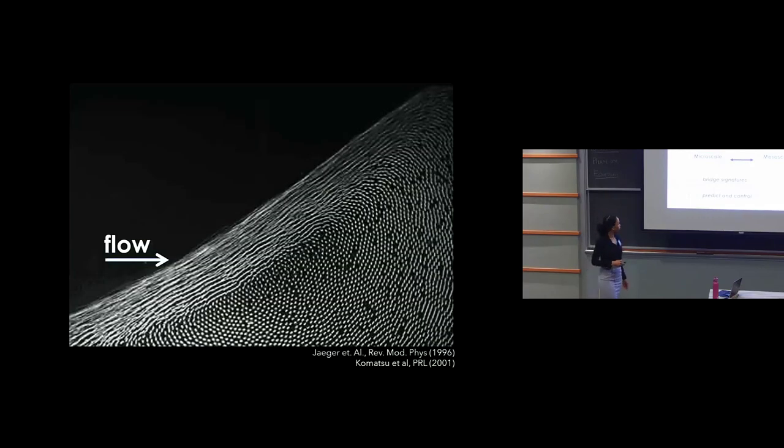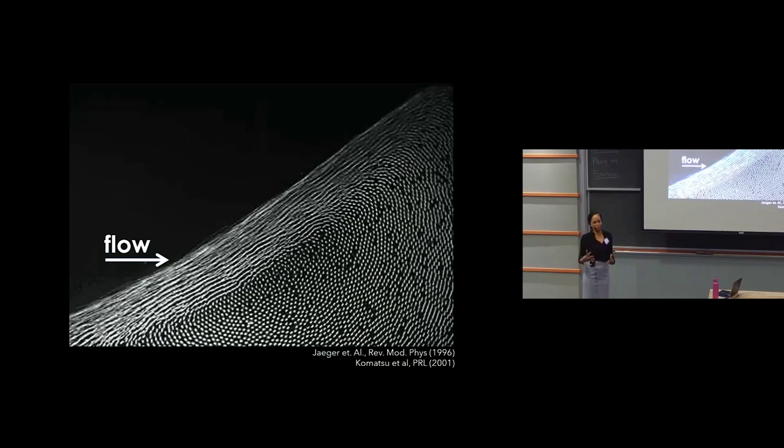So as a physicist does, we approach the problem by trying to find the simplest experimental system possible that can exhibit the physical laws of interest. So in my case, it's grains in a box. We have dry circular grains that we form into a simple configuration, and then we cause the granular system to start to flow or fail, and we observe different features about the system as a result.